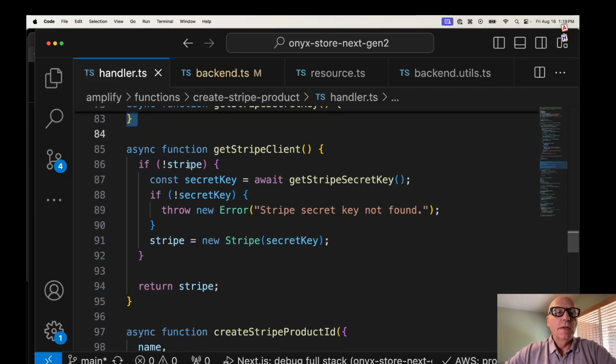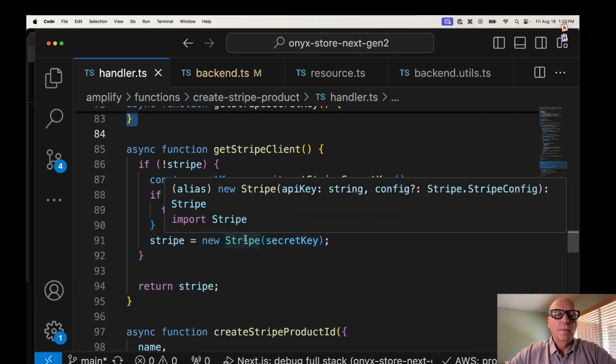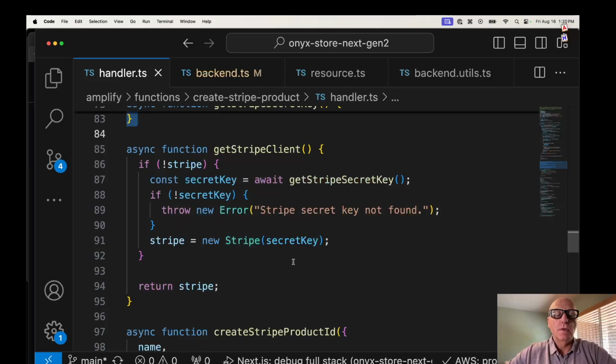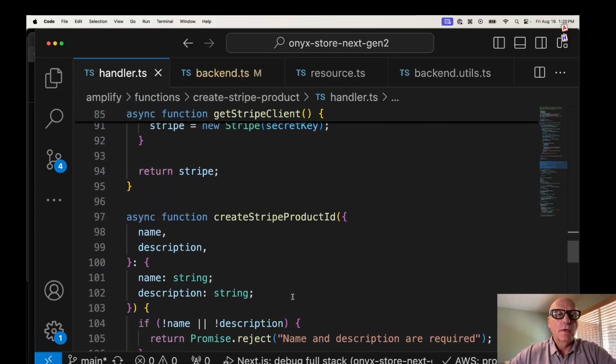So if we haven't already defined Stripe in the variable for this function, we get it. We just call the Stripe function from the Stripe library, get Stripe, get the Stripe client,